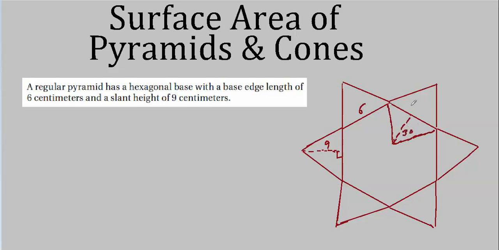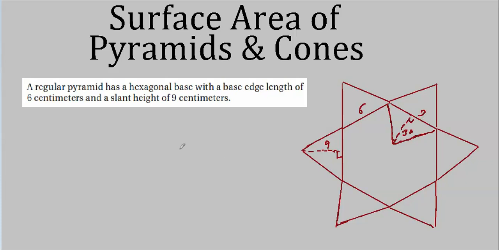Well, when we cut this angle, because these are both radii of this hexagon, we know they're the same length. We have an isosceles triangle. When we bisect the angle, we also bisect the opposite side, which means that we have 3 over here for a length of this leg of the right triangle we just created. And what we would like to find is this one.